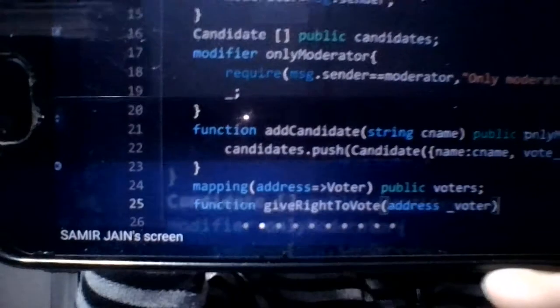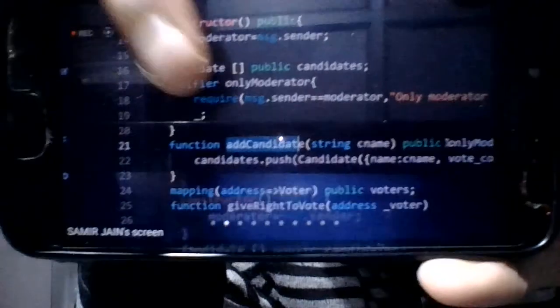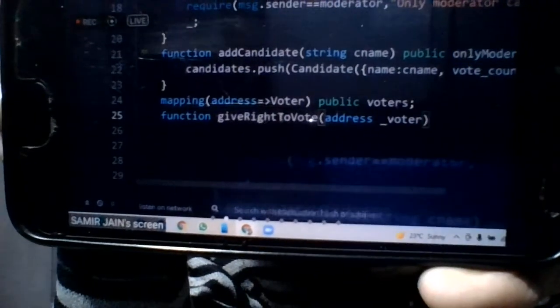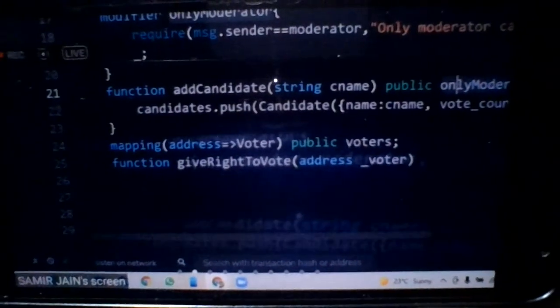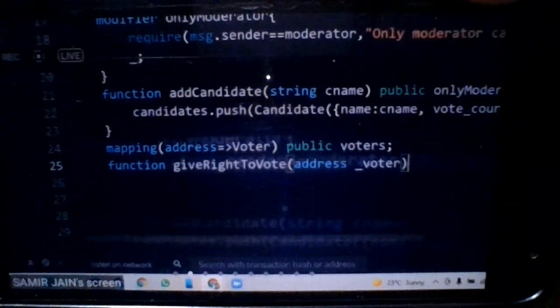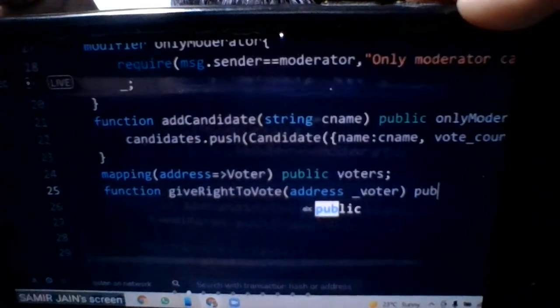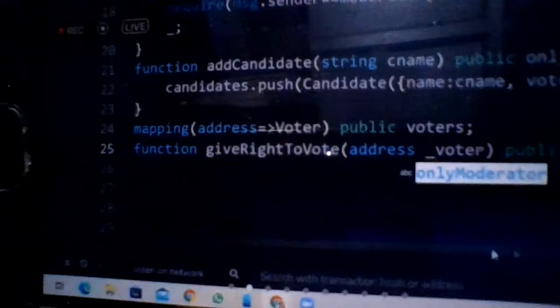Using this modifier. Using this modifier, I am adding the condition that only the moderator can give the right to vote to somebody. So I am writing public only moderator. So the moderator can only call this function. Nobody else can call it. Otherwise, this function will not get called.